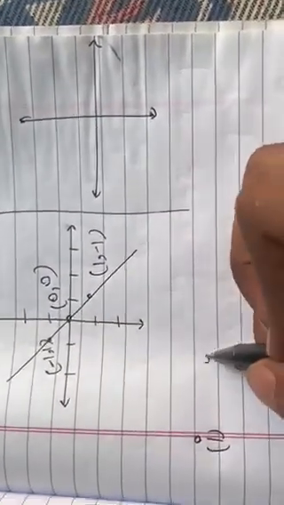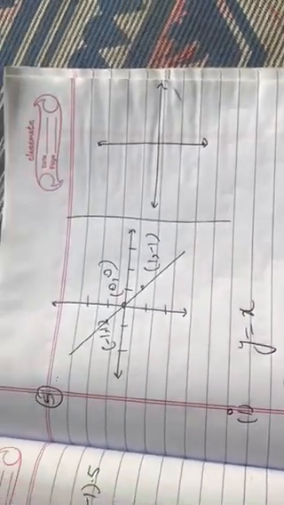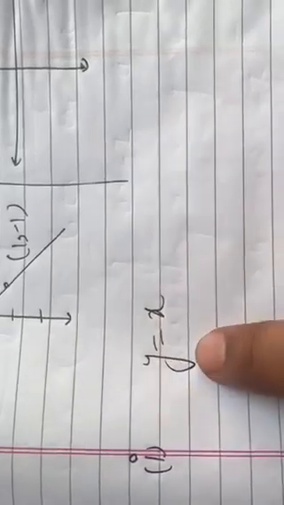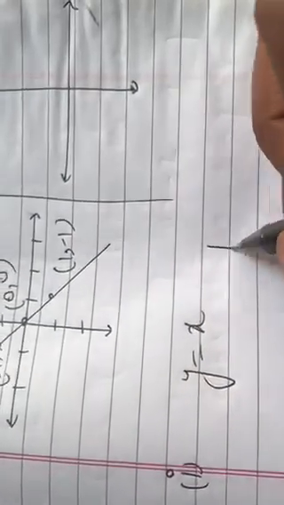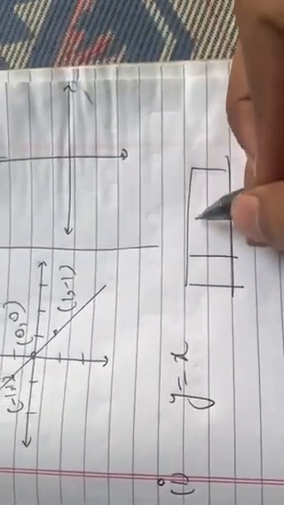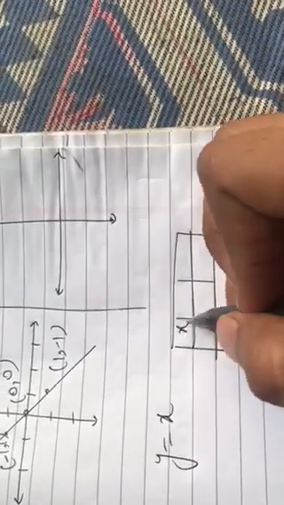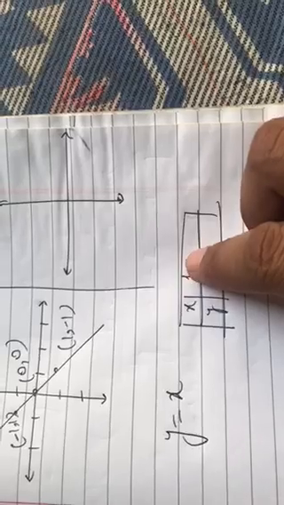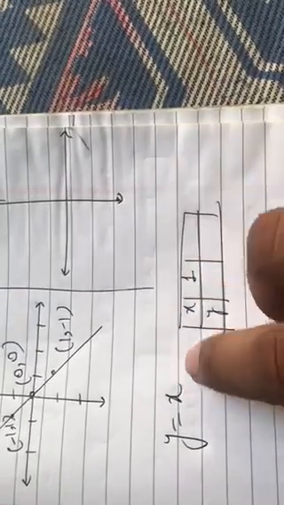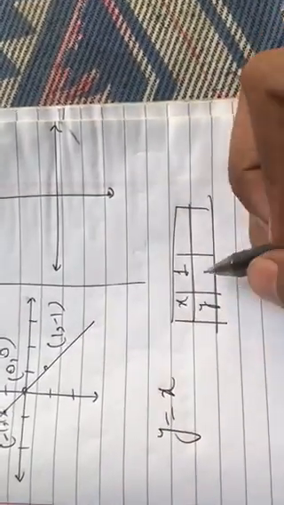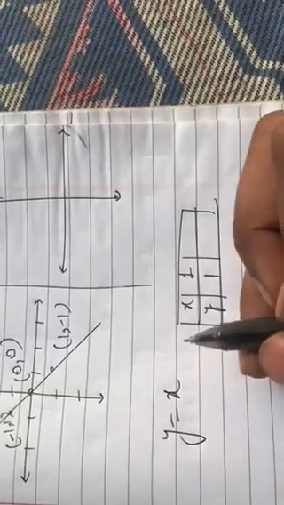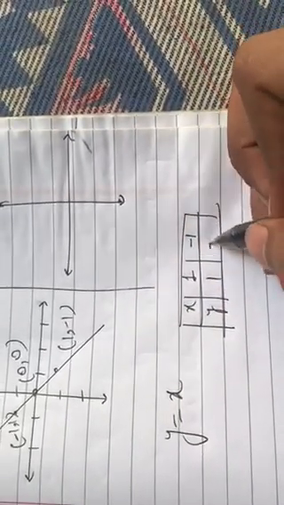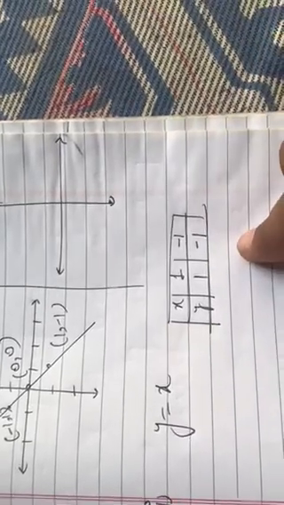The first part is y equals x. Do you know what is the meaning of this? x equals y, or you can say y equals x. Suppose we will always use a table for this. If we take 1 as the value of x, what is the value of y? The value of y is also 1. If we take minus 1 in the place of x, what is the value of y? The value of y must be equal. That means